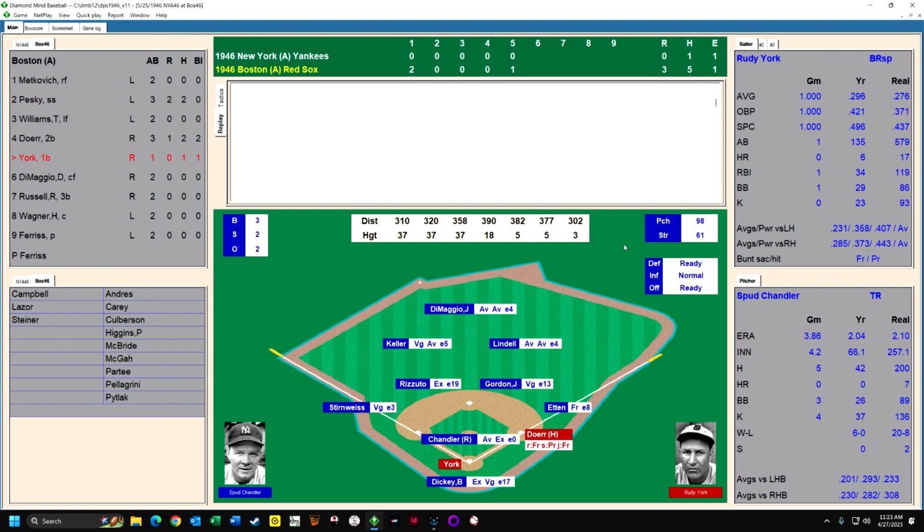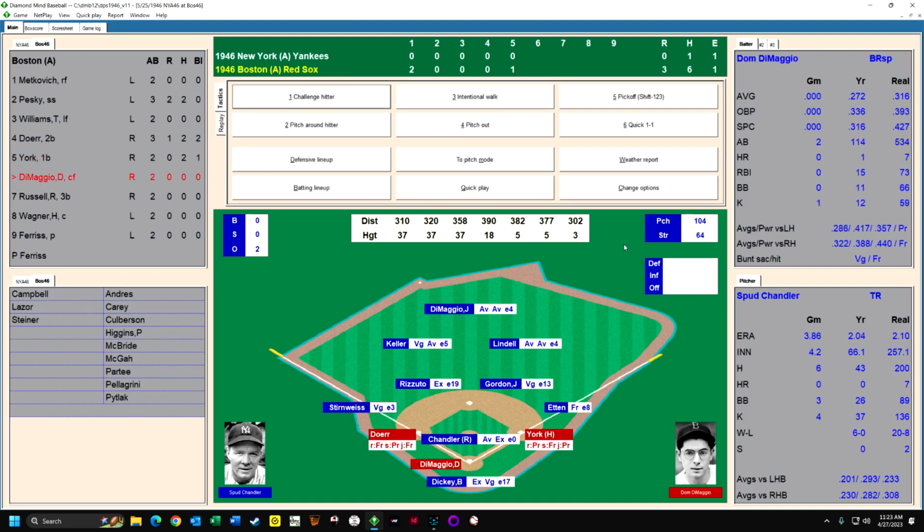Okay, York is up. Full count on York. And there, the ball hit to right center. DiMaggio won't get it. And Doerr is around to third on that single. So Chandler,